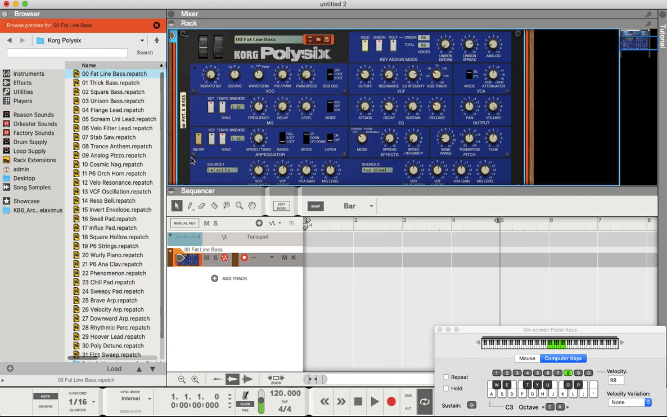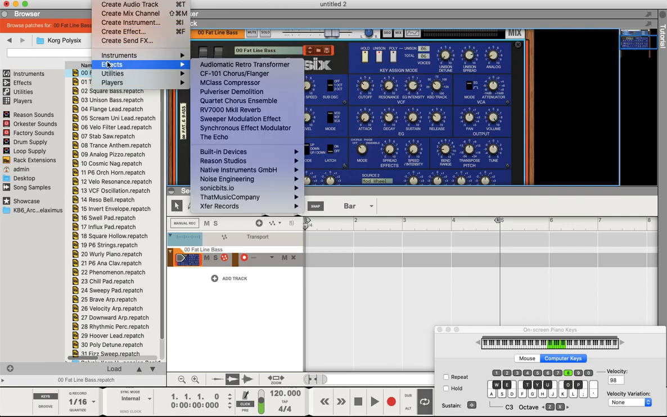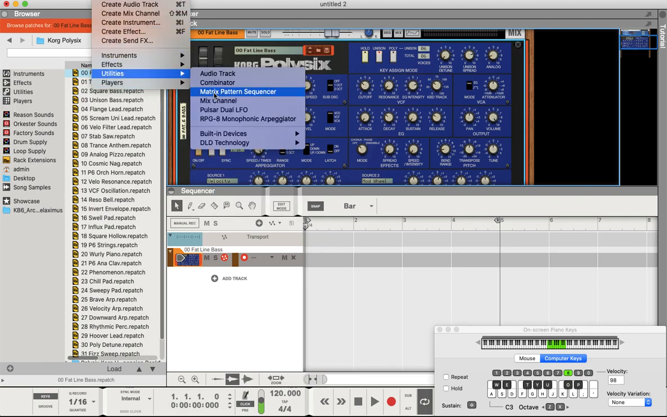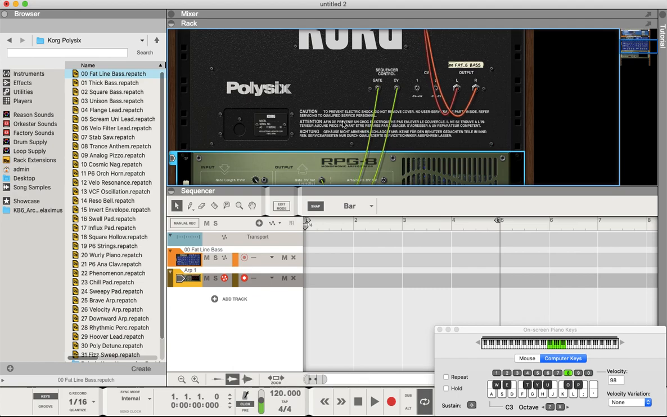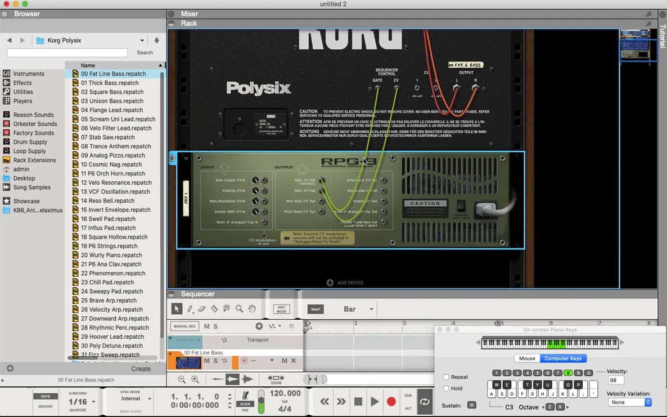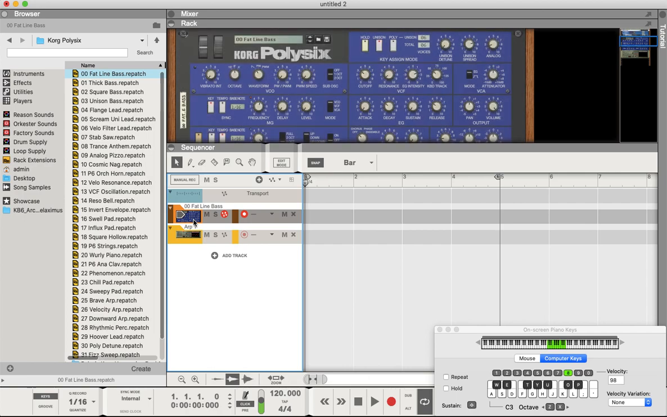Then let's maybe bust out some arpeggiator on here. We're going to create an RPG-8 monophonic arpeggiator. Now this, if we look at the back, the gate and CV are wired into this. So what does that mean for us? That means if we want to play with just the sound itself,